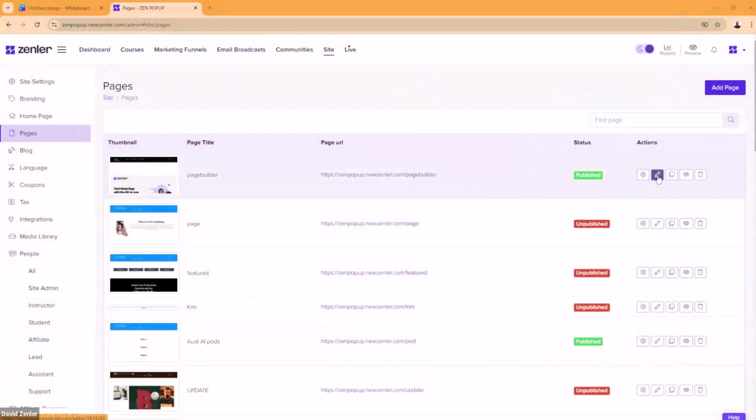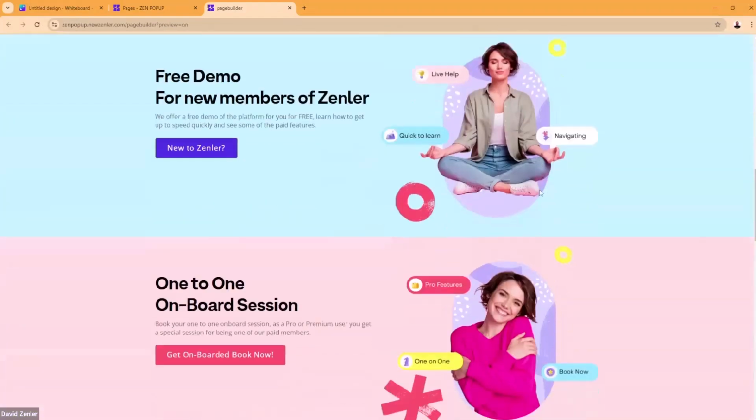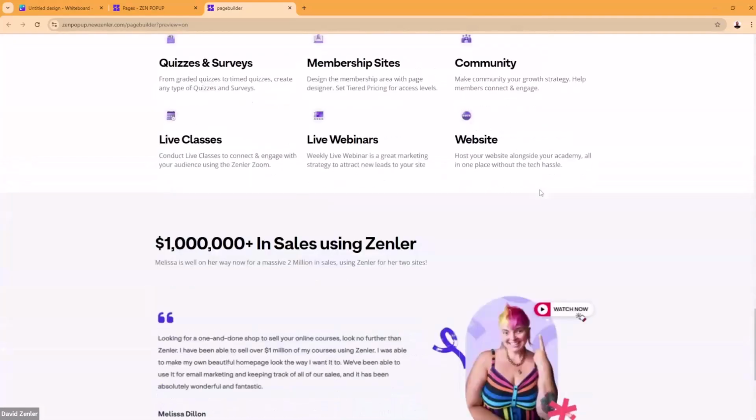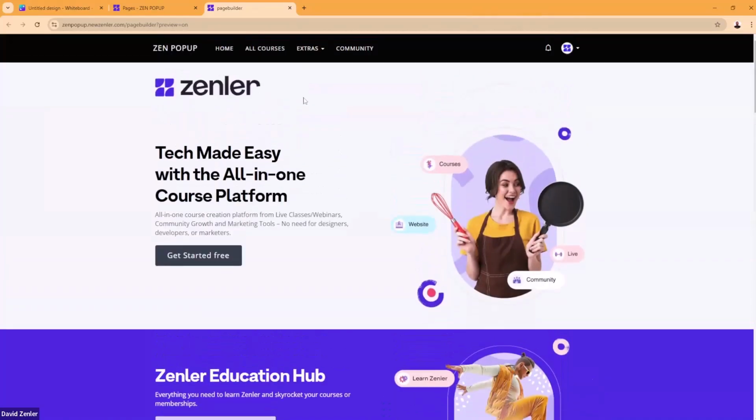So I'm going to go in, this is the page we've got at the moment, and I've got some blocks in here, don't worry. These blocks are just demo blocks to show you. So this is all created using the page builder, okay? And these are all custom blocks, I've just built these, but we've got ready-made blocks built into it. Now what I want to pick out to you is the way it happens responsively.